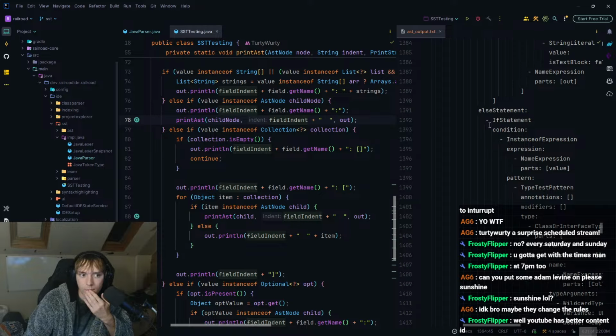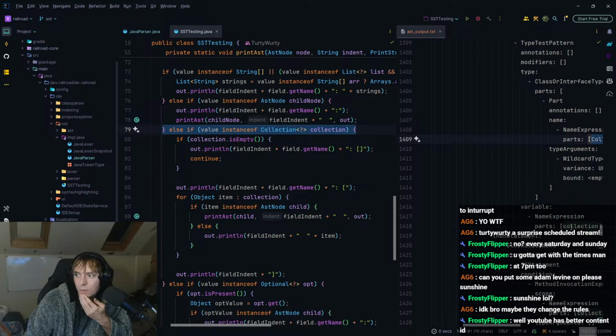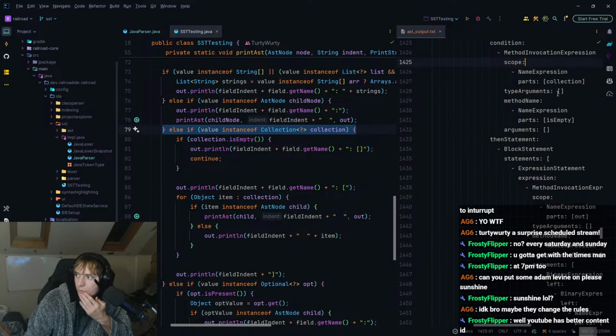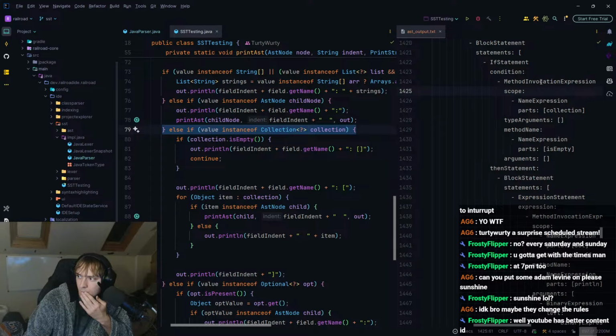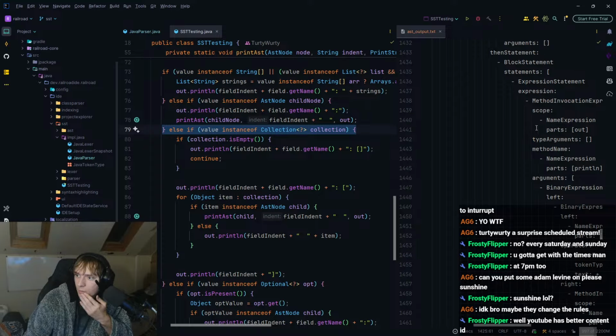Okay, in the else statement, we have another if statement, which is going to be this one. So we're going to say if value is instance of a class called Collection, which has the wildcard type parameter, called collection, then if collection.isEmpty, then we do out.println.